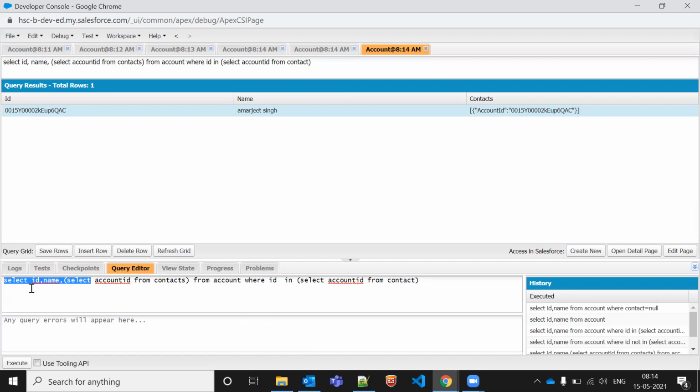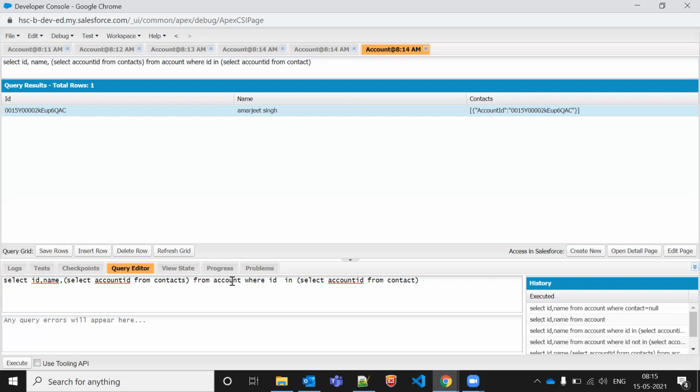Okay. So what I'm trying to do here is fetch the accounts which do not have any contact under the account, because contact is a child object and account is a parent object. So our question is, the interviewer will ask you directly to write the SQL. We need to fetch the number of account records which do not have any related contacts, any child records of the contact object.